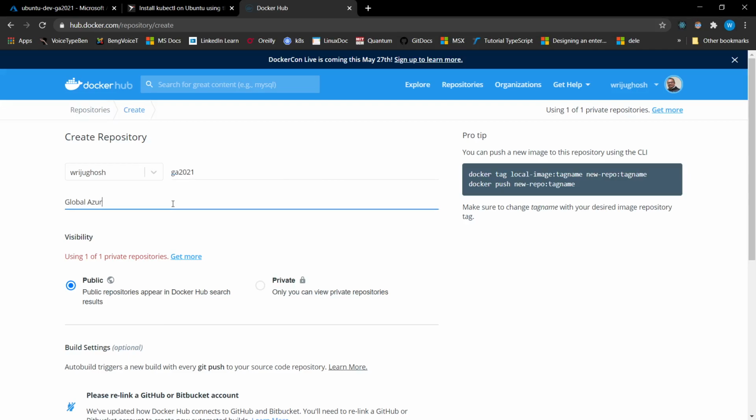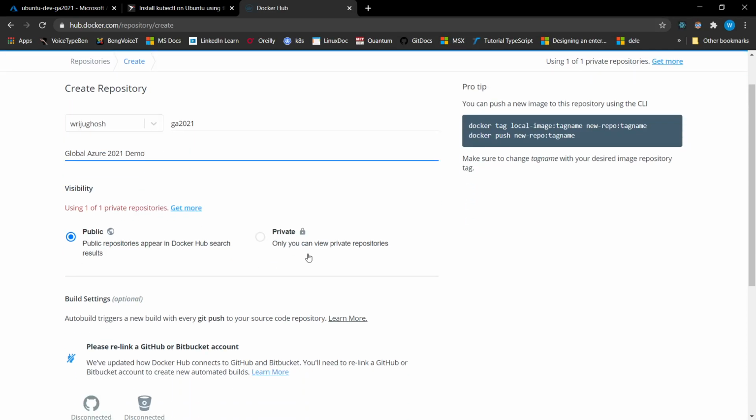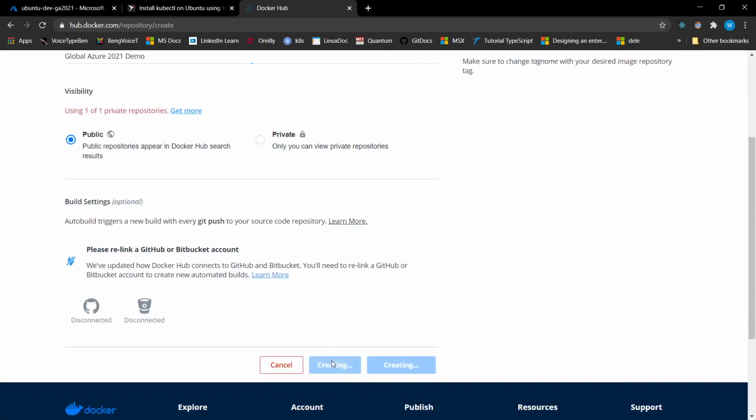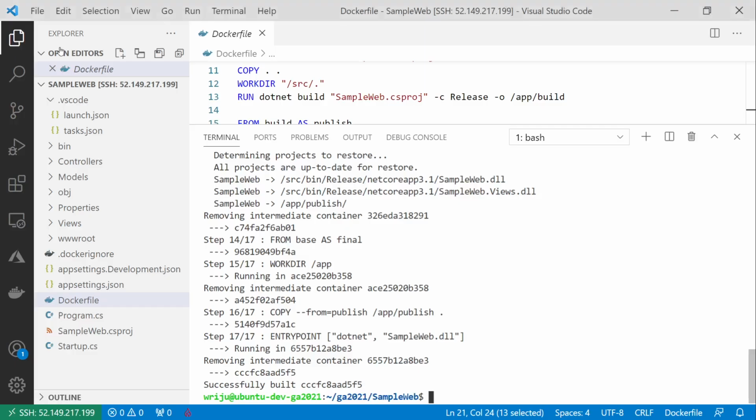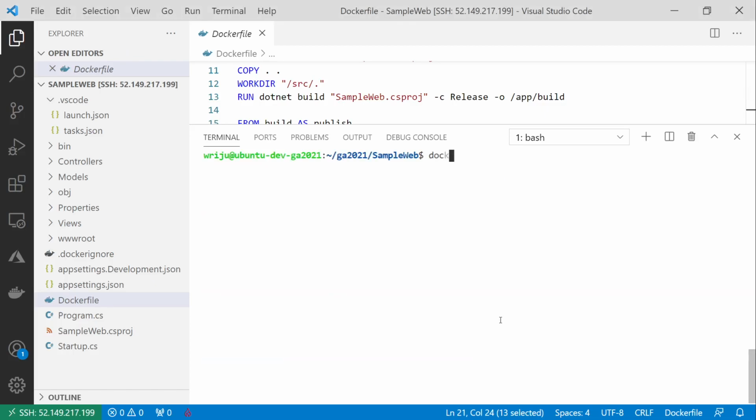Global Azure 2021 demo. And then what I'm going to do is create it. Now, once I create it, it's going to give me this name. That's the format of the image. I have to create an image using this format. So what I need to do is run this Docker build command, which generates an image with that format. Now, what happens when you run this simple build is that it gets